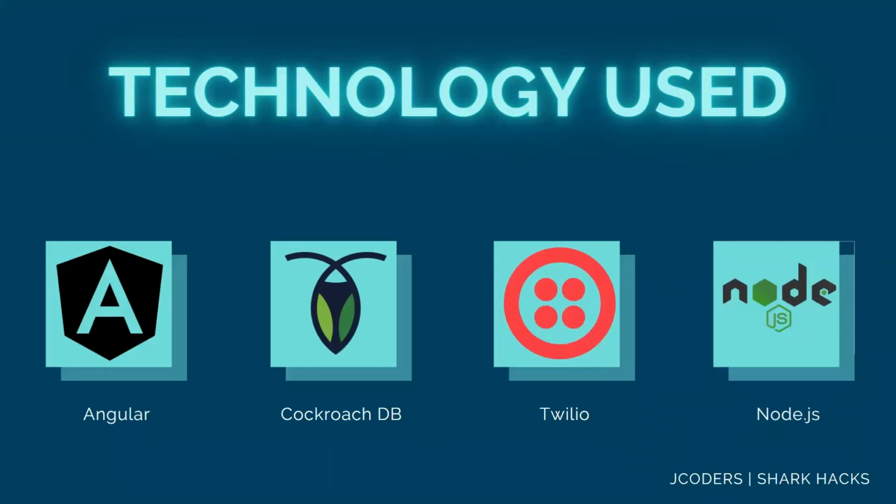These are the technologies used by our website. Angular, a platform and framework for building single page client applications using HTML and TypeScript. CockroachDB is a distributed SQL database which is well suited for applications that are reliable, available, and collect data with millisecond response time regardless of scale. Twilio, an API to send and receive SMS, MMS, OTT messages globally. And lastly, Node.js, a useful tool to build fast and scalable server-side networking applications.